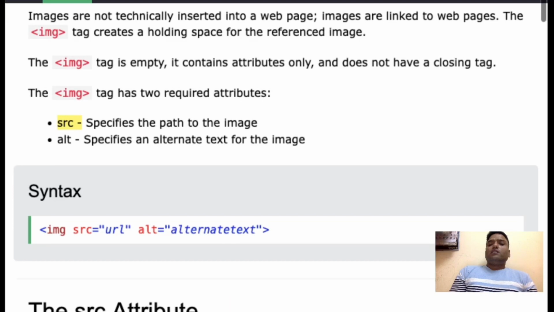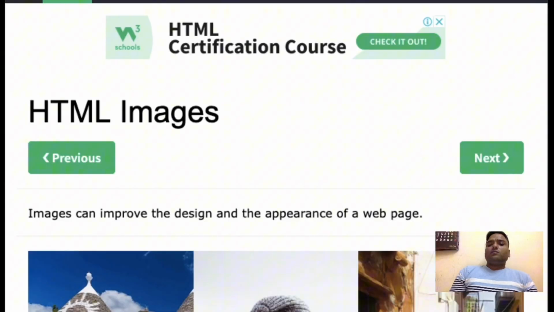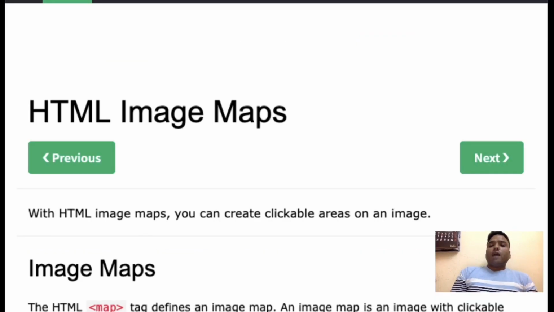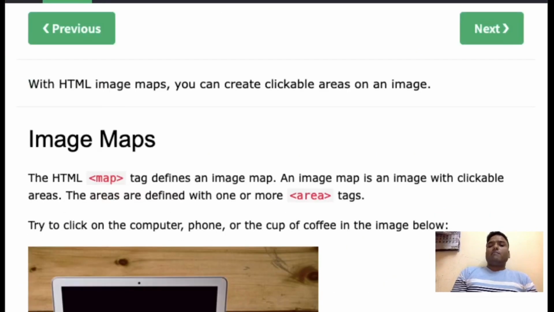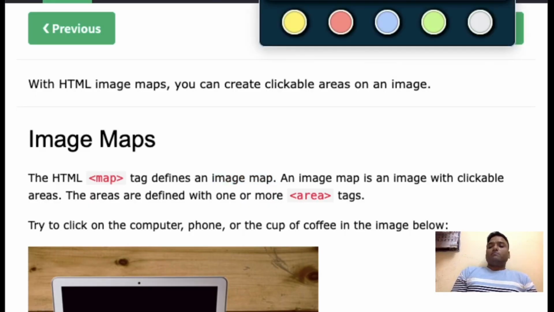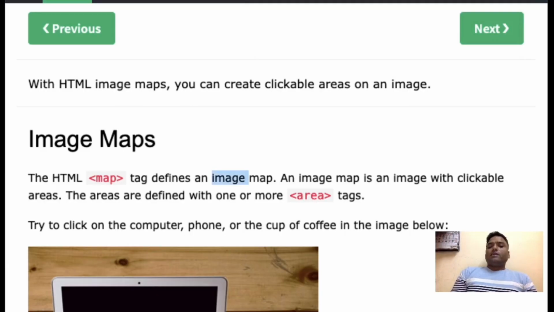Now we will see next how these images can be styled as a map. So in map you can also specify the area. Map is actually defining an image map. So you can create a map inside any image. Map means you can use it for